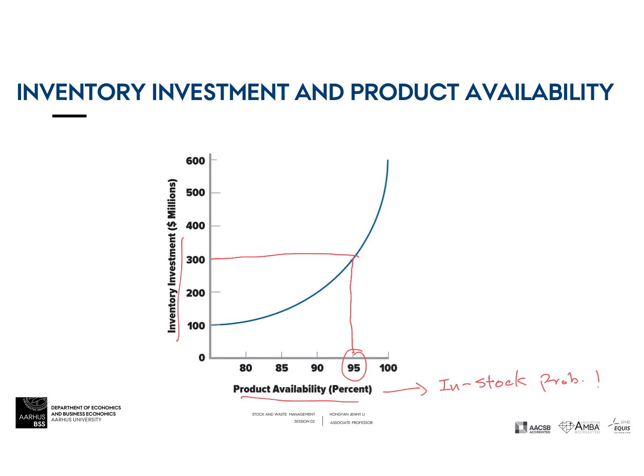And then if you want to bring the availability up to 99%, you actually need to increase the inventory investment significantly. That's what we're going to address in the future. We're talking about how you evaluate your performance, and how you balance the cost. If 95% is good enough, probably you just live with 95% because it's a lot more expensive to bring your fill rate or service level up to 100%.